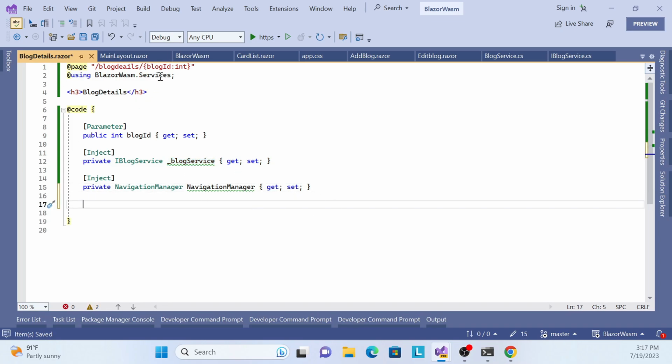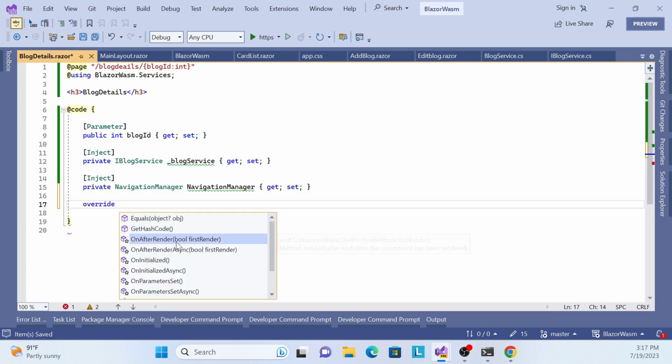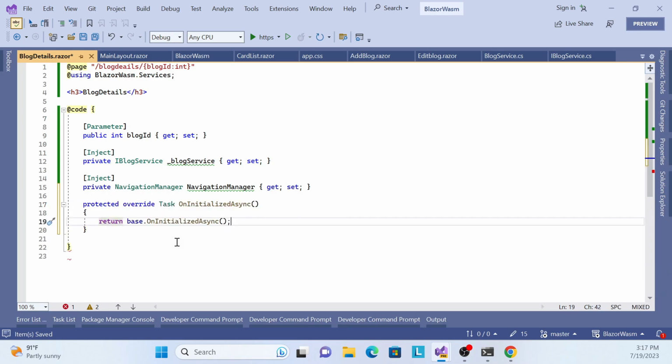And this component has many life cycles, which I already explained. So that life cycle also needs to be called, so let me call override. And what is our first life cycle of that component? All the Razor components here have OnInitializedAsync or OnInitialized. So it's two things, one is async and one without async. This time I will call the async one, and remove that one, and now we'll implement our